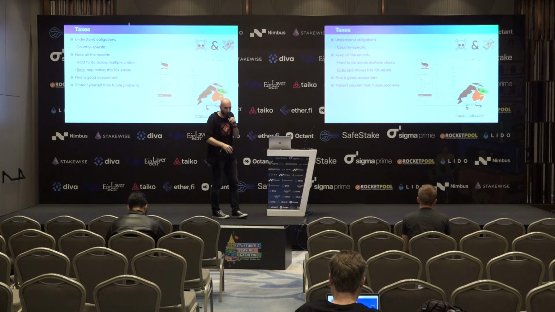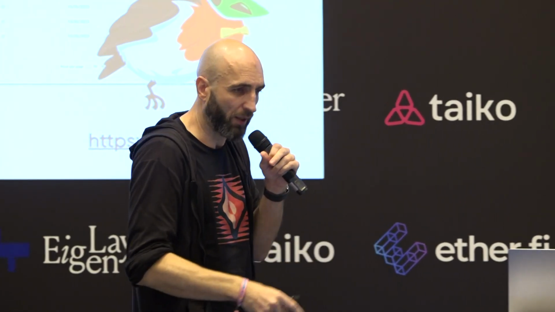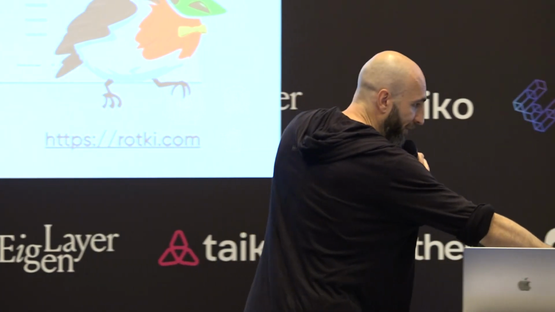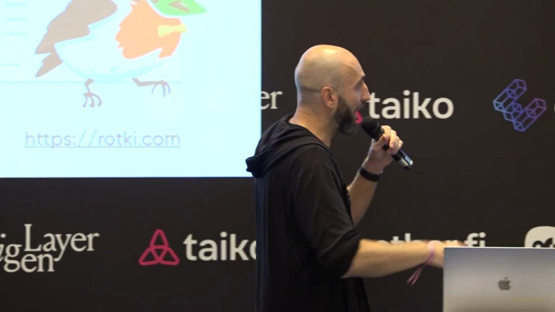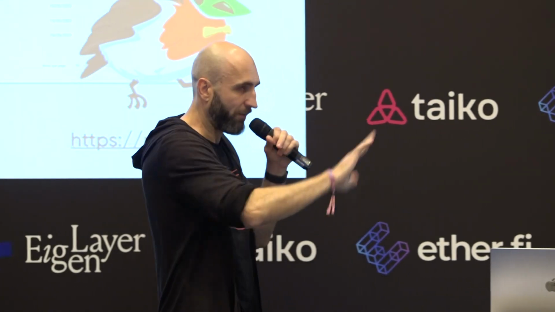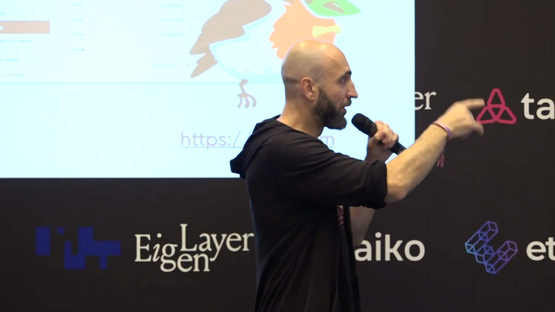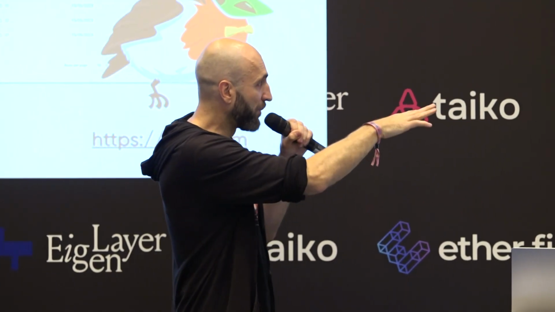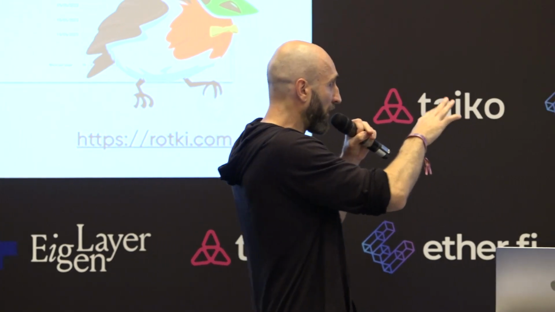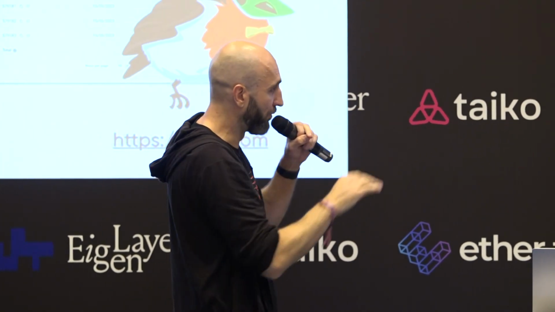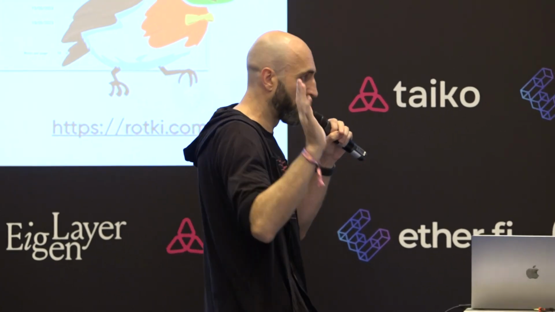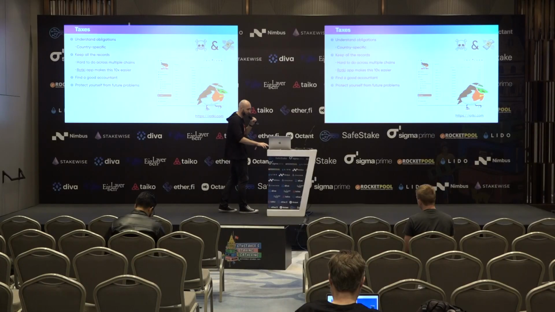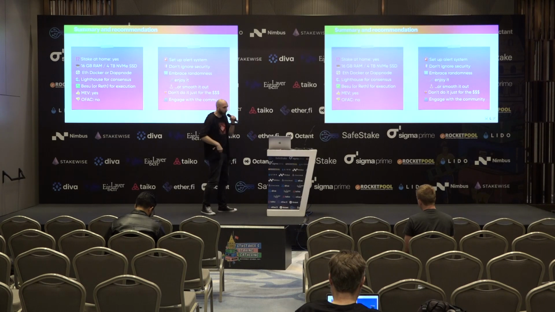Okay, so wrapping up. This is probably one of the last, and then just rapid fire with a few slides. Taxes. You need to think about taxes, understand the obligations. It varies by country. A great tool for that is Rotki, makes it 10% easier. It is portfolio management, but it also works really, really well with staking. It gives you a list of all the rewards and everything else so that you just export it and give it to your accountant, which you also need to have, one that knows crypto.